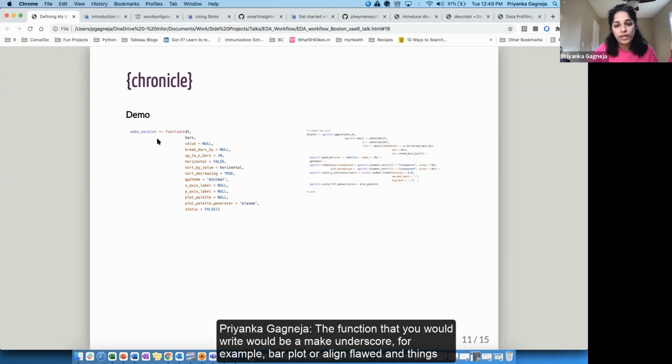The function that you would write would be a make underscore, for example, bar plot or aligned plot and things like that. But what goes under the hood is really a bar plot function being defined with lots of customizations, which you can actually pass on here. So it's just a way of wrapping, creating a bar plot with the layer style to these options that you can mention within your one function call. So in a way, it makes it shorter or quicker to get to those final outputs that you're looking at,